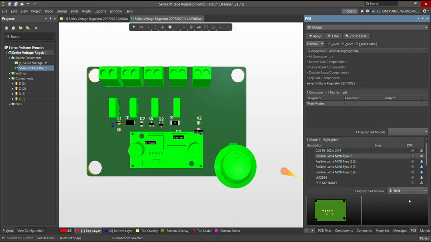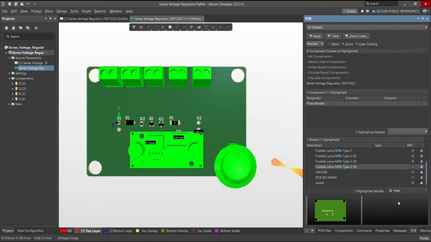So here, I think these are the fuse. So this fuse, you can see that it has started to disable. So I disabled the first one. Now again, I will go here, choose the second one. The second one is also disabled, and that's how you can either enable or disable all the parts which are available on your 3D step model,